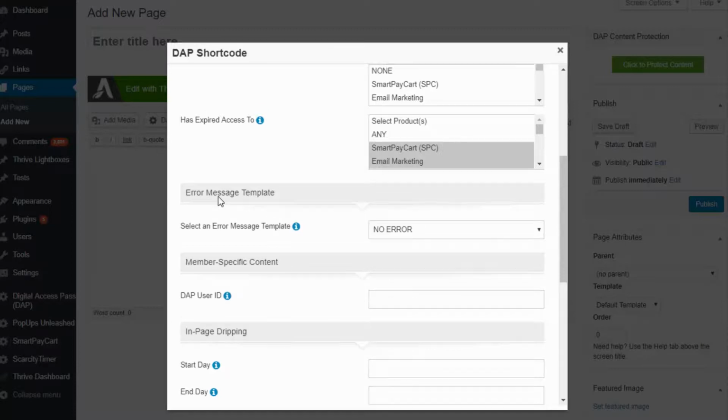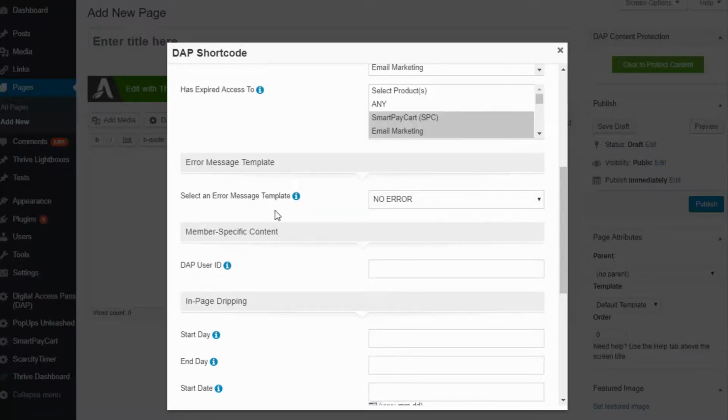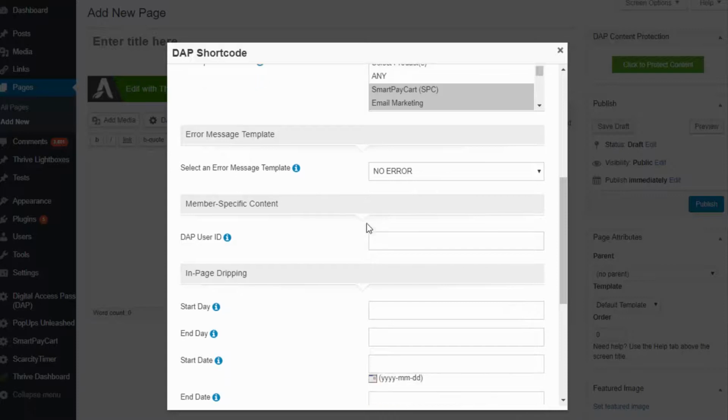Moving on, let's take a look at error message template. Now this is an important one because this is used to determine what error messages should be displayed to people that do not meet the selected criteria. So for example, say that you have a shortcode that should only be visible to people that have access to product ID number 1, and say that that specific user does not have access to product ID 1. So what should happen? Do you want to display an error message to let the user know that they don't have access? Or